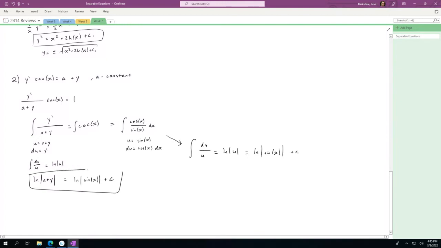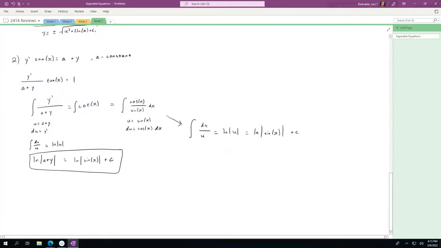And there you have it. That is our solution. This one might be a bit trickier to put in the standard form. We could still do it if we wanted to, though. Here we would have e to the natural log of a plus y is equal to e to the natural log of sine of x plus c, which is e to the natural log of sine of x times e to the c,